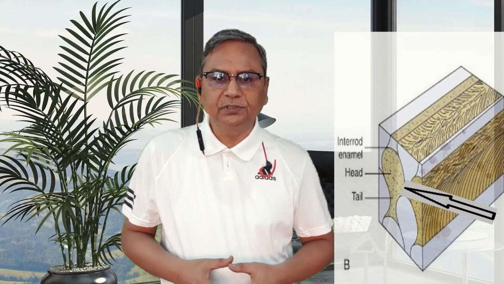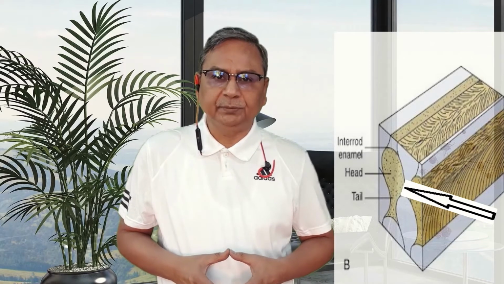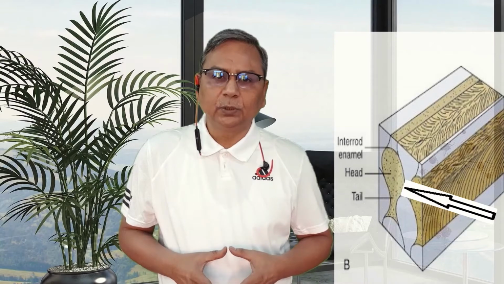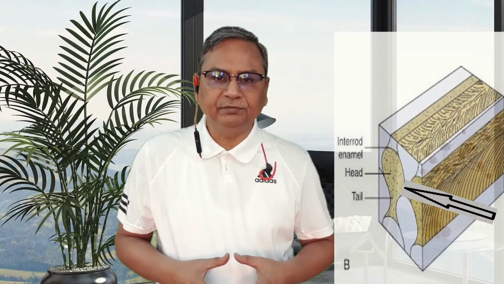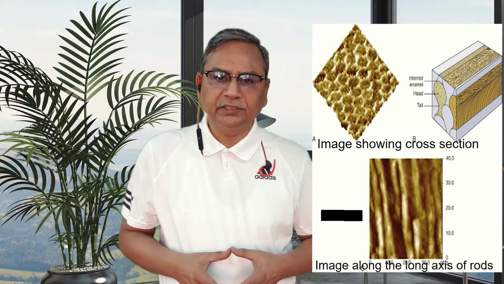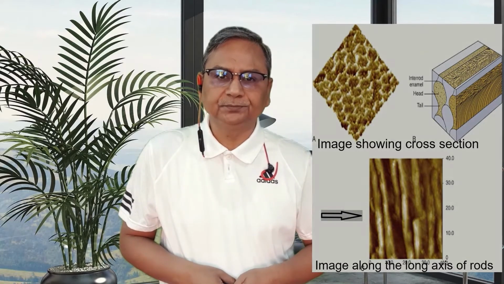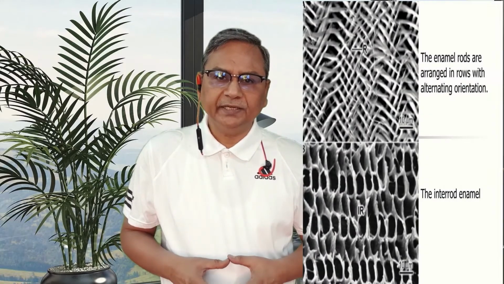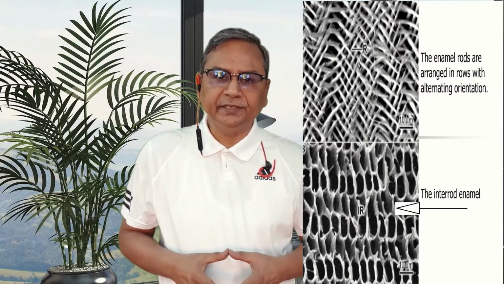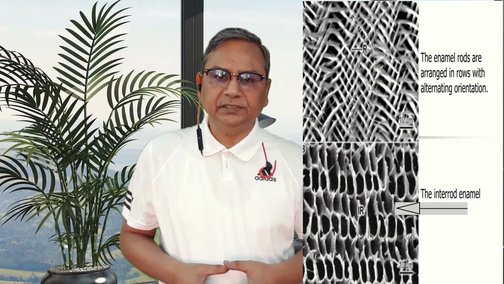This photograph shows enamel microstructure as a schematic diagram of keyhole-shaped enamel prisms or rods of about 5 micrometer in diameter. These images show the cross sections and along the axis of prisms taken via atomic force microscopy. Crystallite orientation deviates in the interrod and tail area, and the organic content increases in the interrod area.